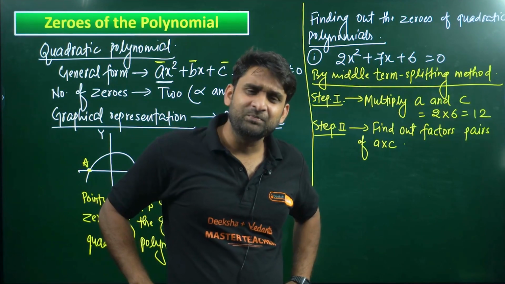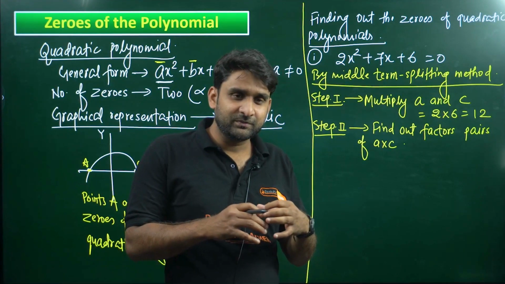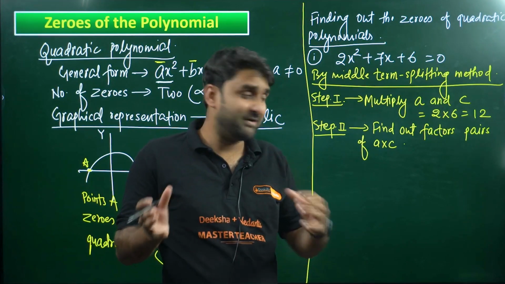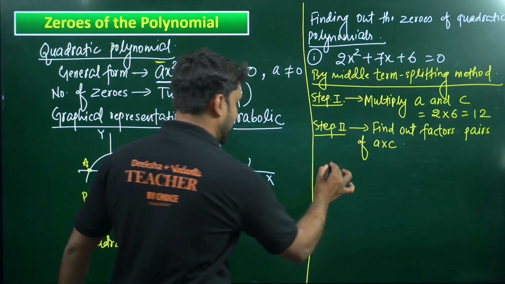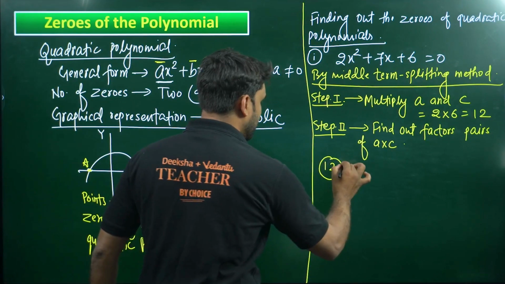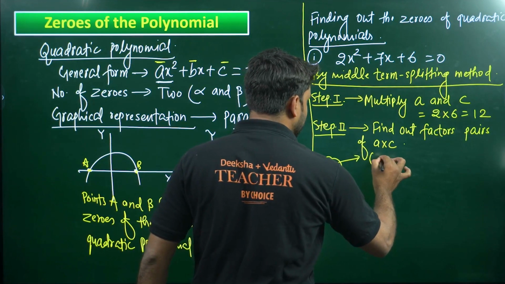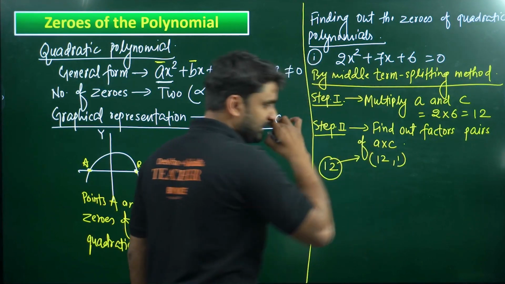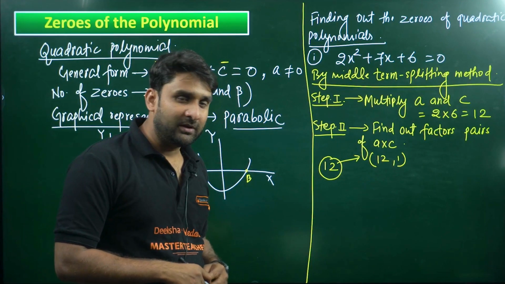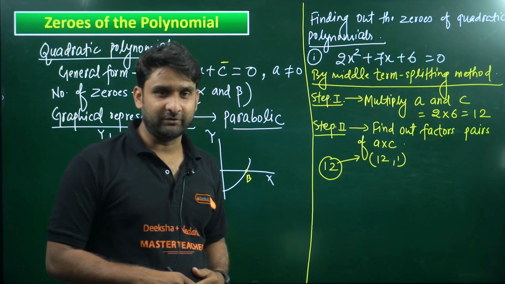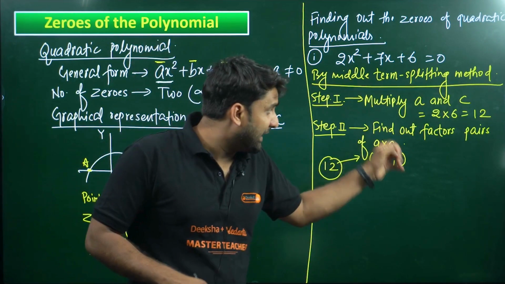Factor pairs means the pair of numbers which both can divide 12. So if we talk about 12, the first pair automatically comes up: 12 and 1. 12 can divide 12 and 1 can also divide 12, and their product is also 12. So find out factor pairs